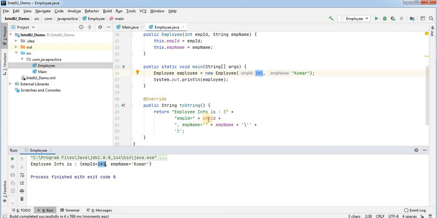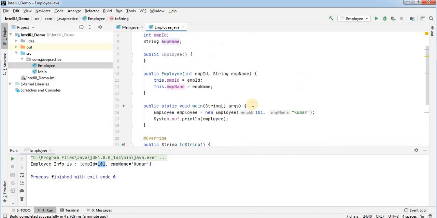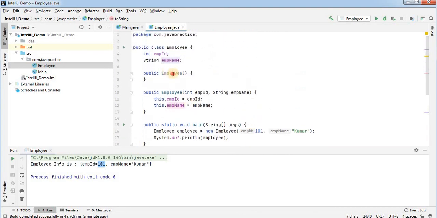And how is it coming here? Because we are using this particular variable over here, right? And what is the employee name? This employee name, which is initialized with this current class reference, I'm using here. So now the values of these two variables we are getting inside this toString method, and this is coming as the output. So this is the way that you can generate the toString method, default constructor, and augmented constructor.